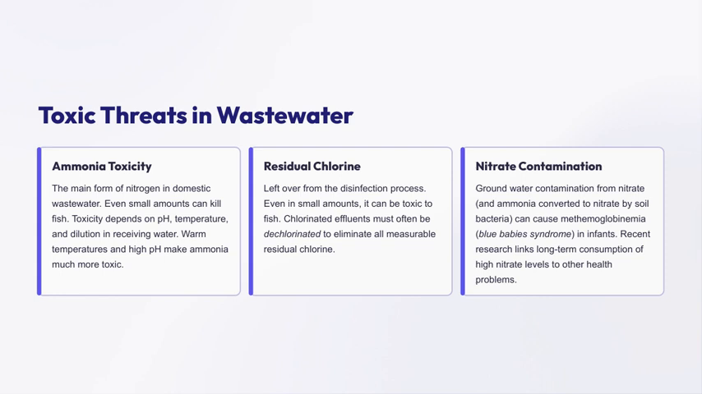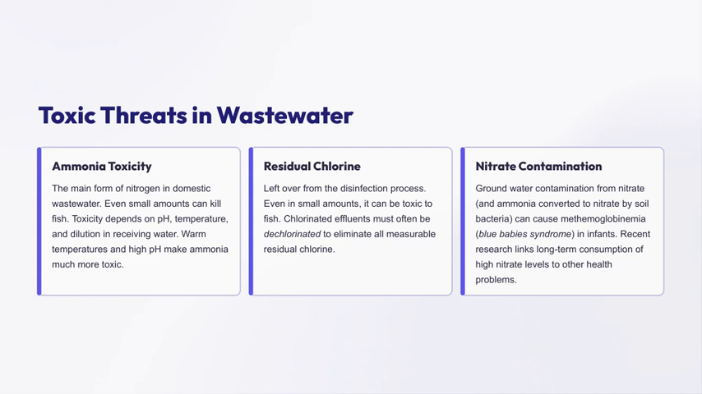For example, warmer temperatures and higher pH levels can make ammonia significantly more toxic, which is something we need to monitor carefully. Next, we have residual chlorine. This is the leftover chlorine from the disinfection process used in wastewater treatment. Even tiny amounts of residual chlorine can be harmful to aquatic life, especially fish. That's why many treatment facilities perform dechlorination to ensure that no measurable residual chlorine remains before the water is released